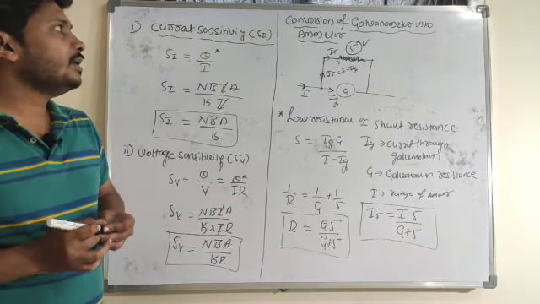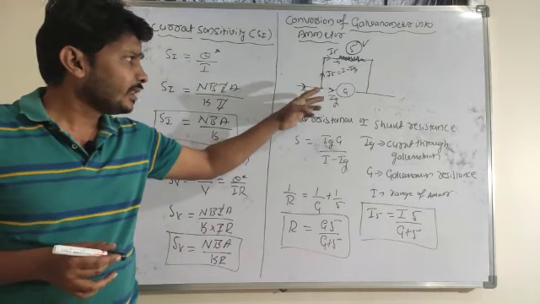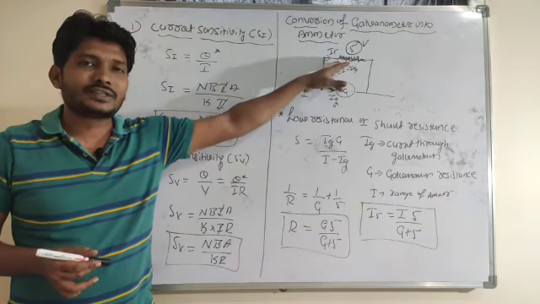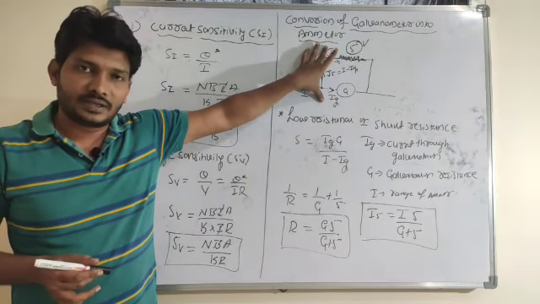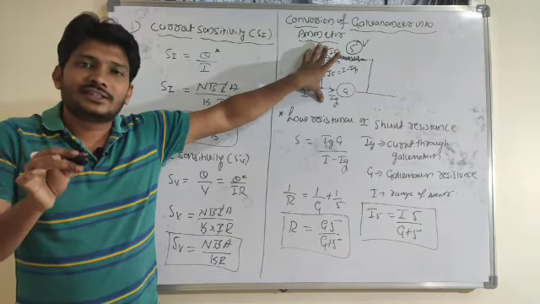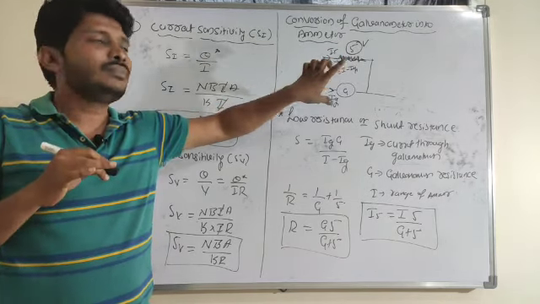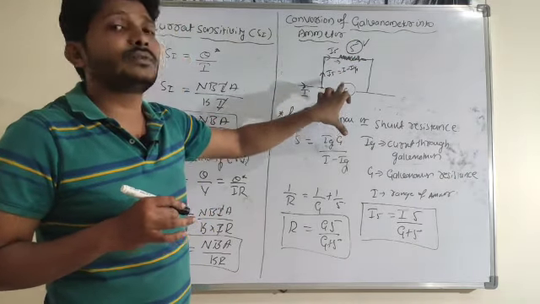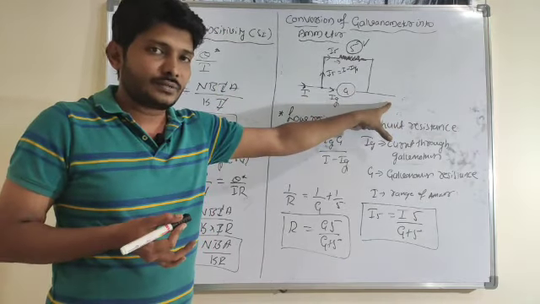So this is about conversion of galvanometer into ammeter. In order to convert galvanometer into ammeter, a suitable low resistance needs to be connected parallel to the galvanometer, then it behaves as an ammeter. So what is the ideal resistance of the ammeter? The ideal resistance of the ammeter is 0. If that resistance is very small, it won't get damaged. Why? Because the maximum amount of current passes through this low resistance wire only.